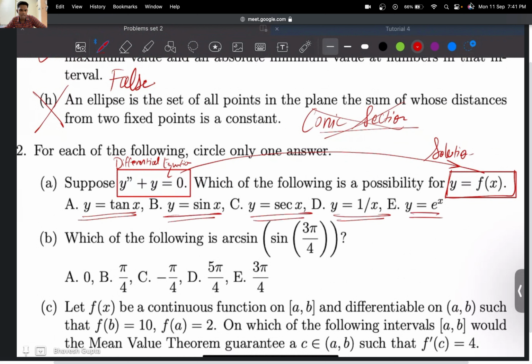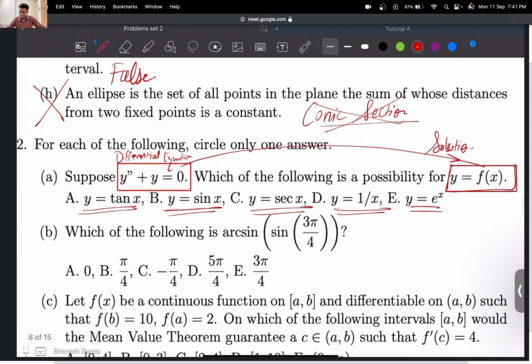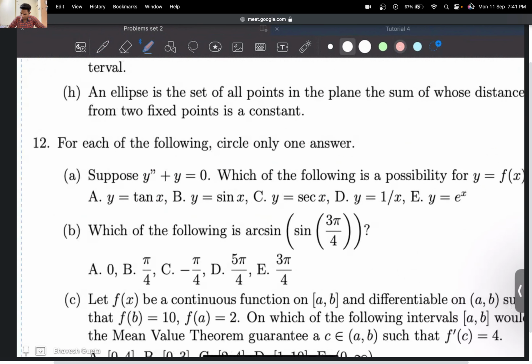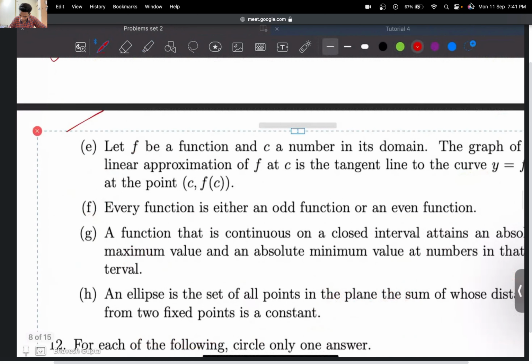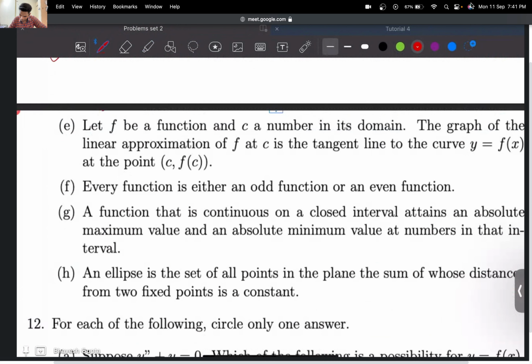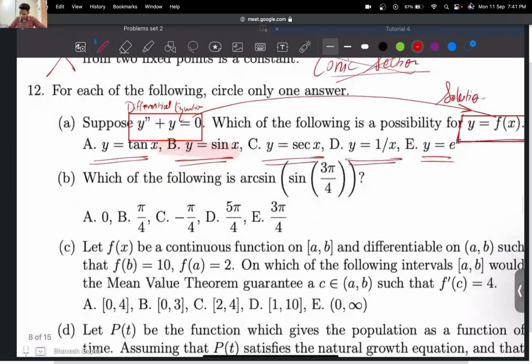So what is the possible answer? Basically, you have to circle the correct one. B, the answer is B, because this is the one which solves the problem. To me, the answer is B,